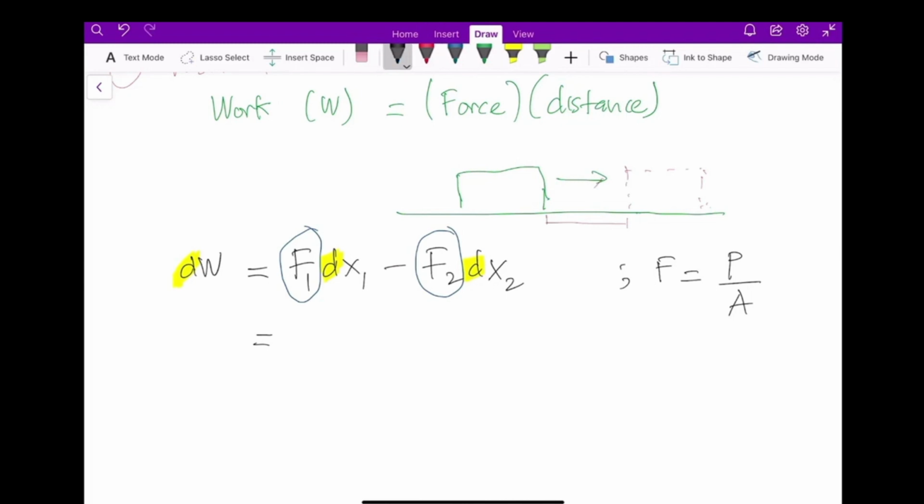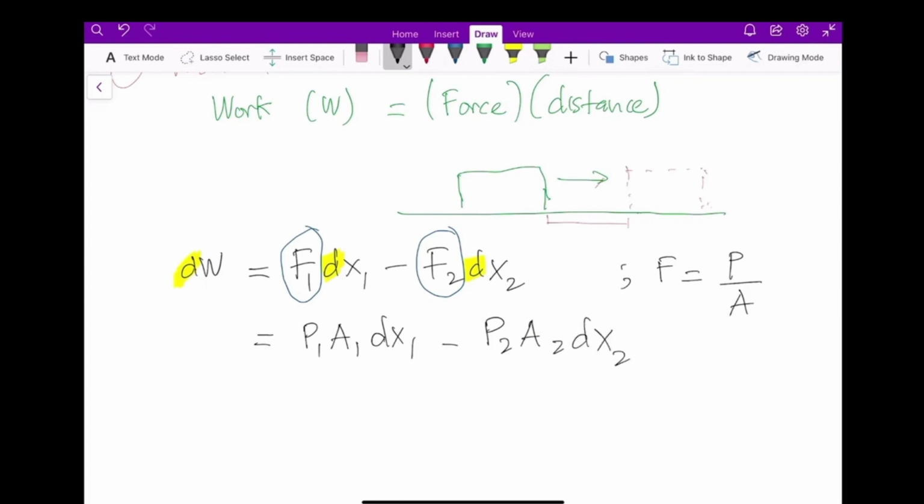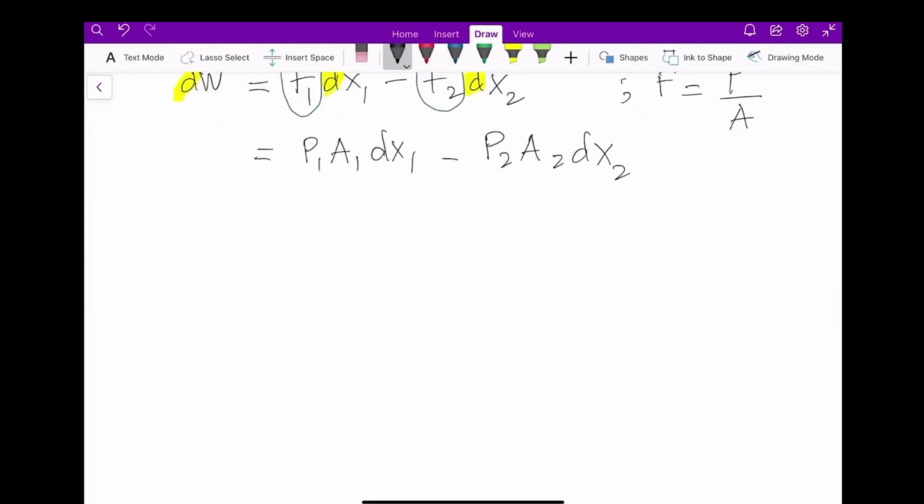We replace it with P1 multiplied by A1. Remember, P1 and A1 will be different from A2 and P2 because we have a change in diameter, multiplied by dx1. The same way we do for F2: P2, A2, dx2. Now we have an interesting